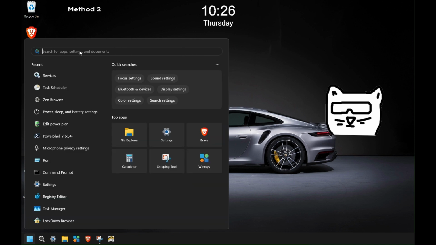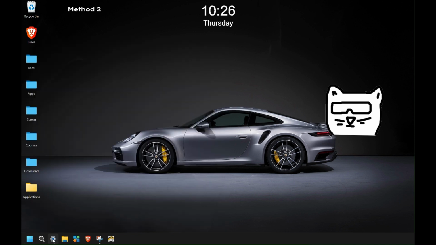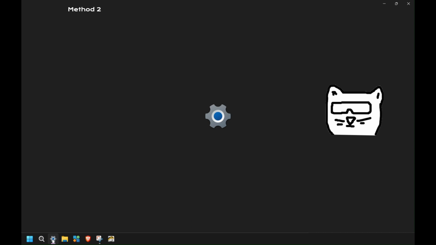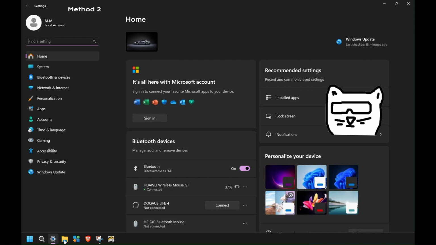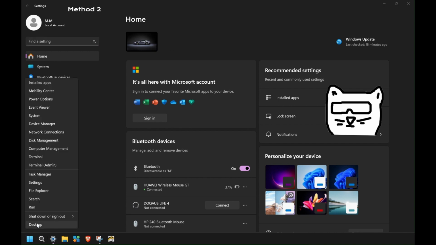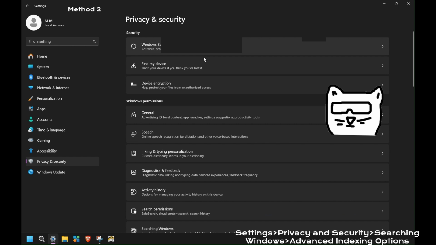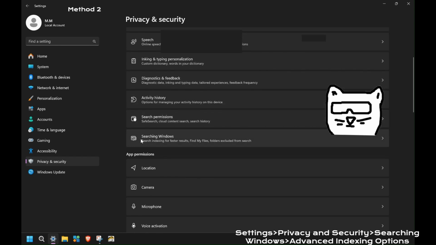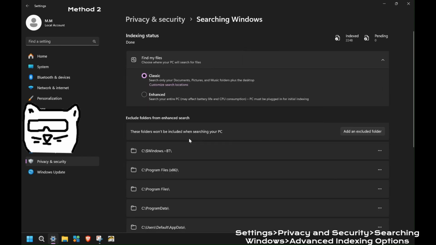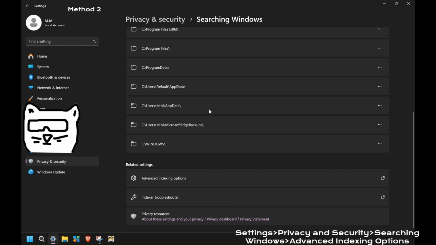Now we're going to move on to method number 2, and that is to go to your settings. So click on settings. If you don't have settings in your taskbar, you right click on the Windows icon and find settings right here. So we're going to go all the way down to privacy and security. Over here, we're going to look down for searching windows. I'm going to click on this. I'm going to scroll all the way down to related settings. Click on advanced indexing options,